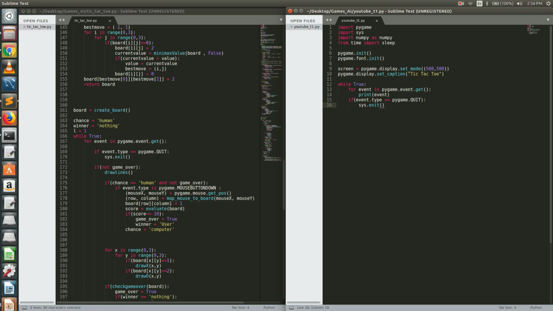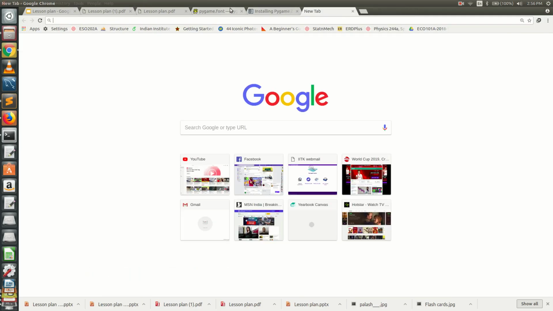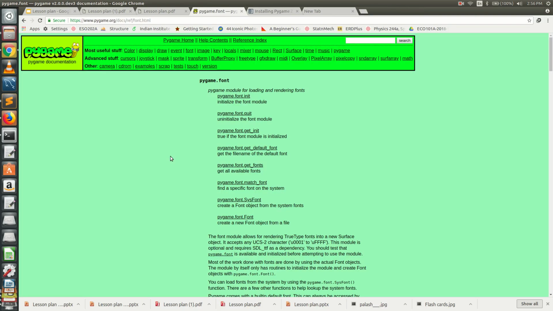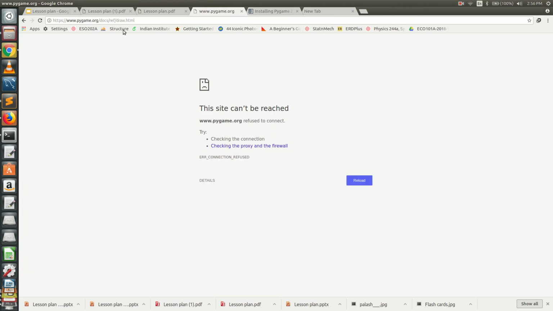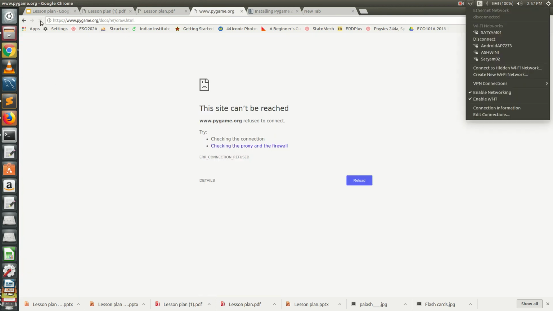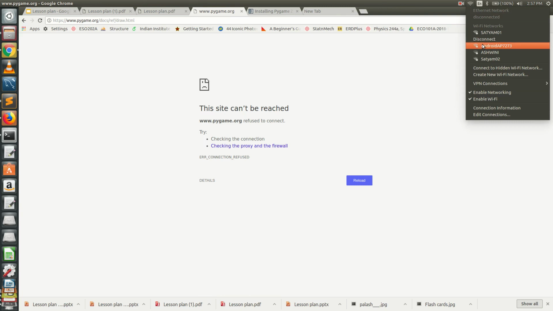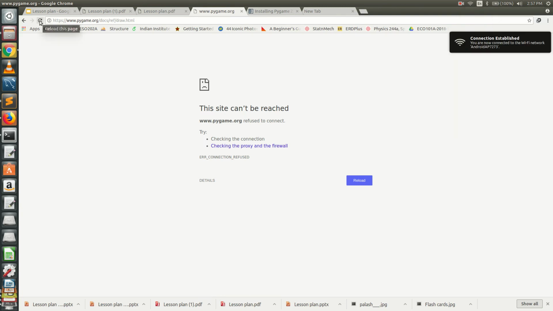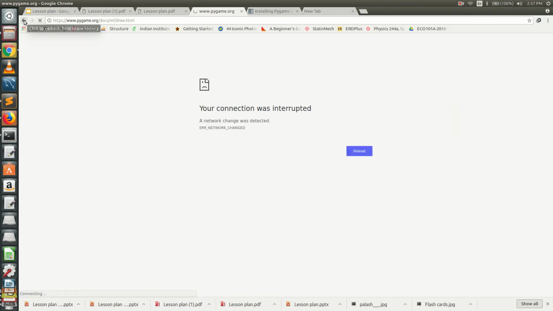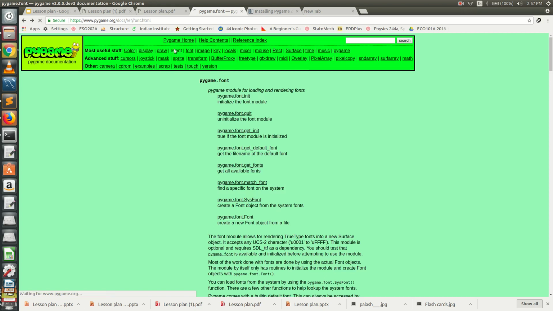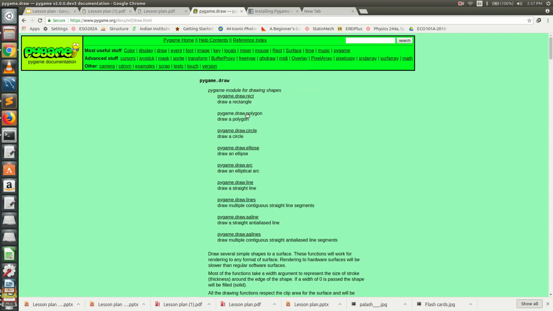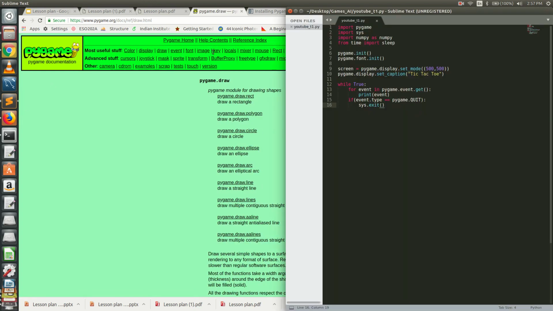You can go to the Pygame documentation. Here you can find everything you can do with Pygame, like pygame.draw.rect, pygame.draw.polygon. All those things can be done. So